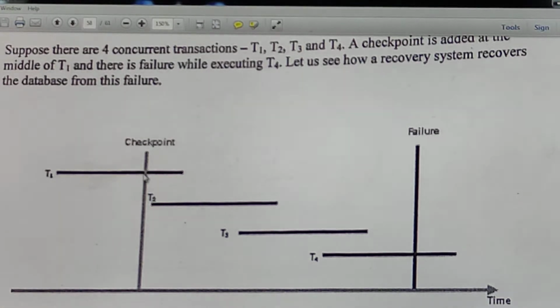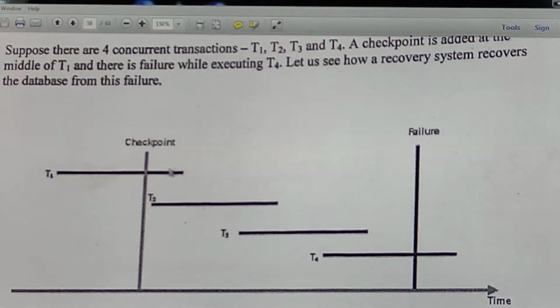In short, the log will start from this particular point, right? Because I will remove this data, these updates by T1, from the log at this particular point, because checkpoint means basically updating my database and removing those records that I have updated on the database from my log. This is what checkpoint means, right?